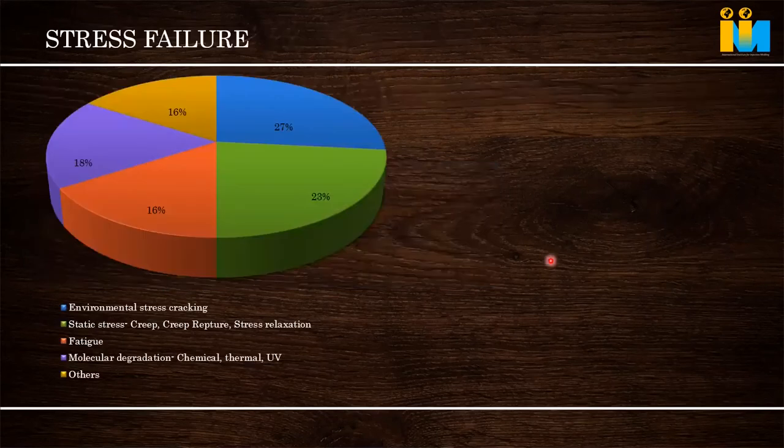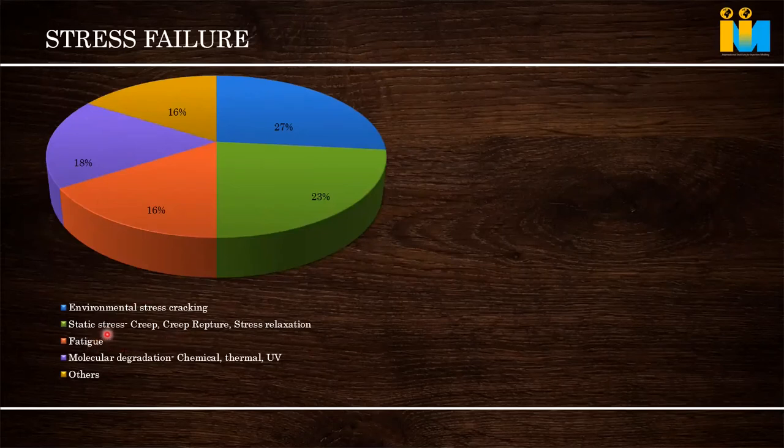What are the reasons of stress? The reasons of stress are multiple, and everything looks alike. One is environmental stress crack, meaning our part is made and lying in the environment, in direct sunlight with UV rays. Even if it is not in direct sunlight, inside the home also, indoors, an amount of UV comes and hits the part. Due to that environment, the part gets cracked.